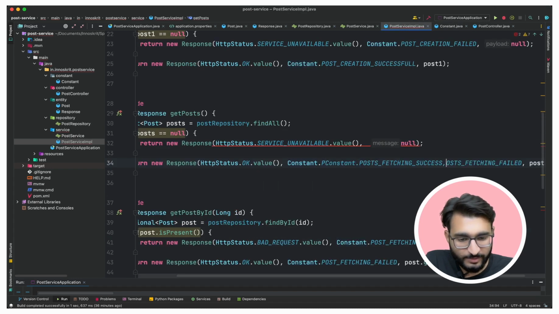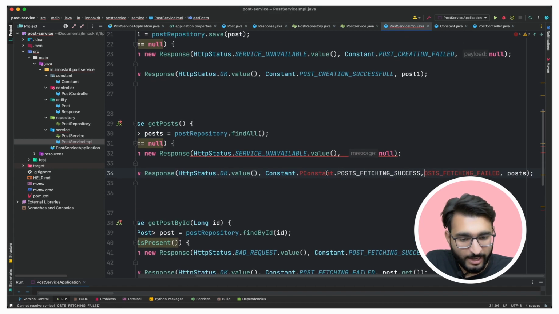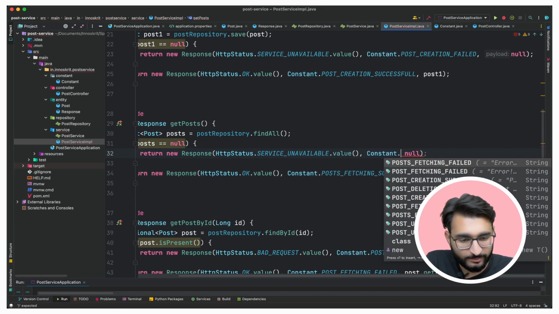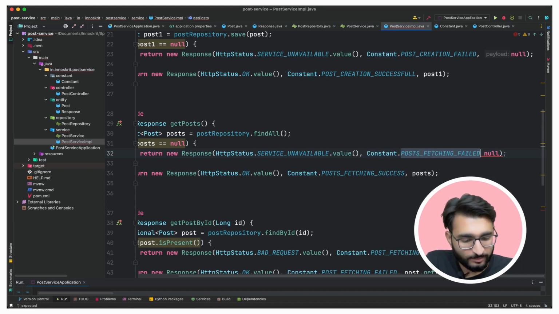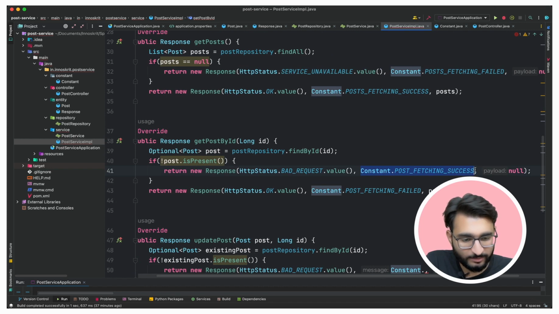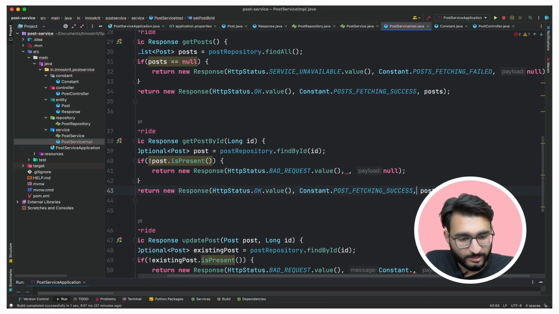So this message will actually come over here, and this message will basically go there, failed, right? Similarly this post message will come over here, and this message will actually go there,